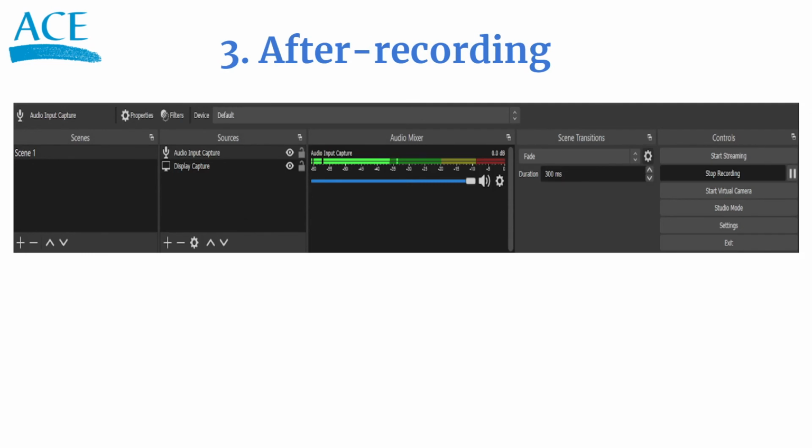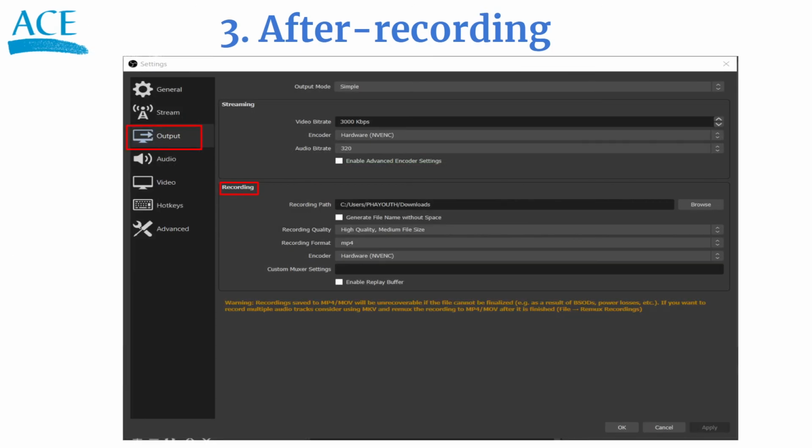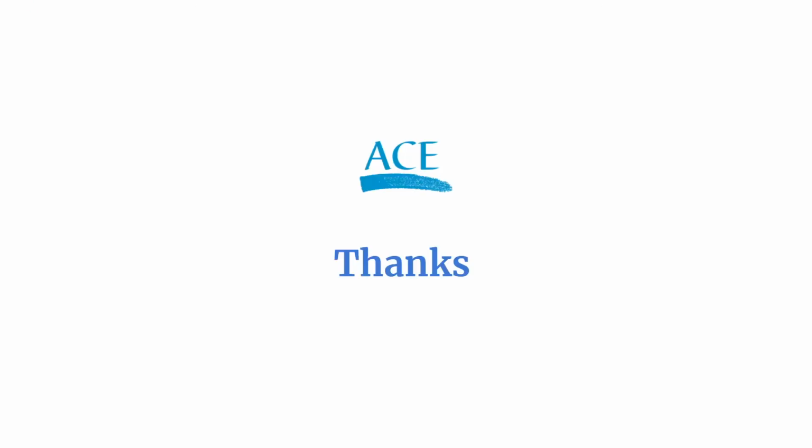So when you finish with the recording, click on stop recording. And then if you remember the place where you store your video, you can just go and grab the video there. If not, you can just go to the setting, click on output to check where your video is. Okay? And that should be it for a short